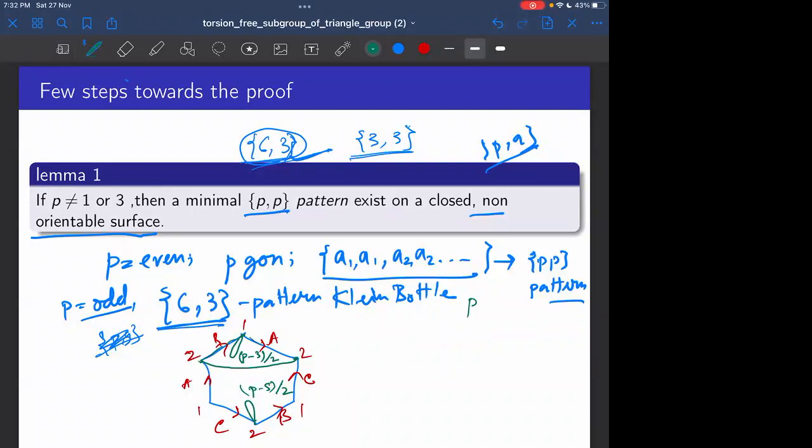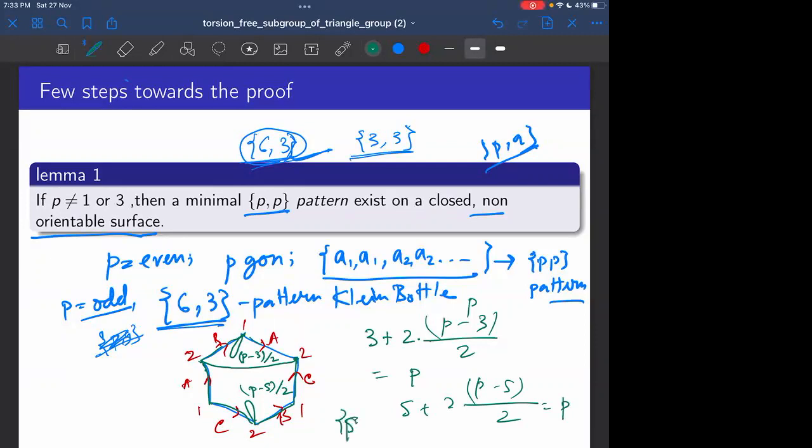So here the number of edges are 1, 2, 3, and plus 2. We will count 2 because from the construction, 2 divided by 3. This will be P. Again, here are 5 edges, and we will cut 5 into 2 into 2. This will be P. So here for every face we will go P by P pattern,